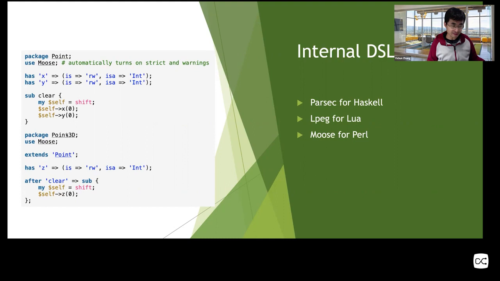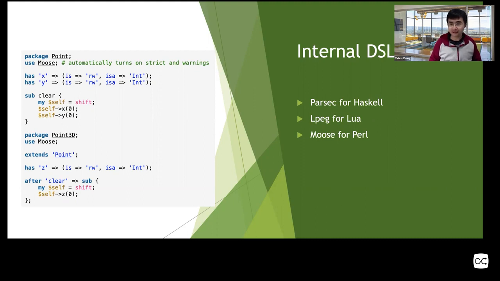And here we also define another class Point3D, which defines a new attribute, and then it also extends the parent class Point. Extends also looks like a keyword, but it's actually a function call. It doesn't do much, it's like a declaration. So this is an example of using internal DSLs to serve your own purposes.